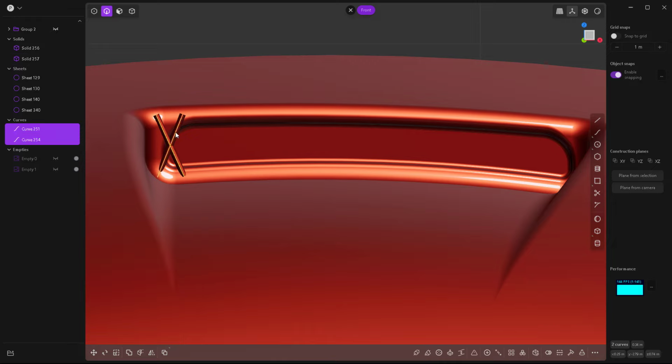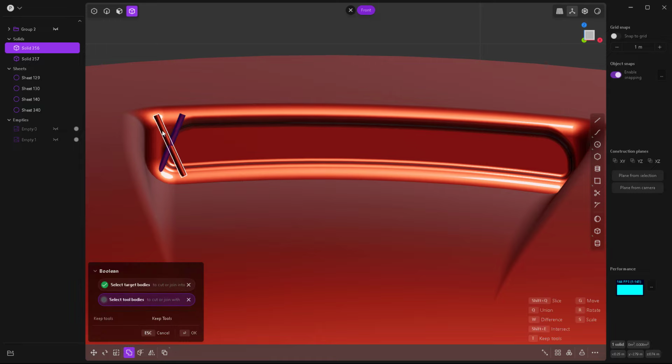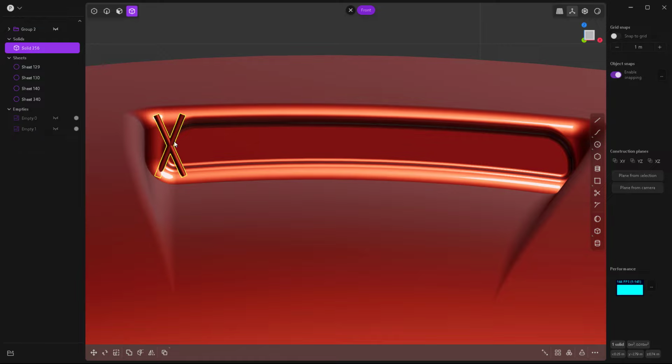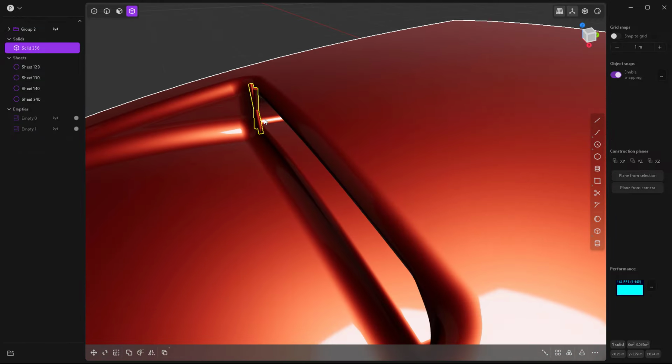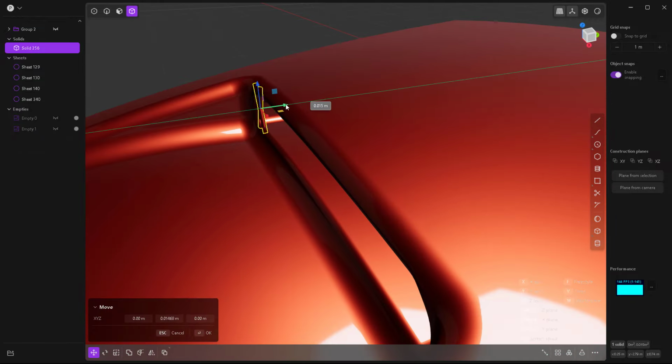You can delete the curves and then select one of them, hit Q on the keyboard, then select the other one and hit Q once again in order to join both of them. Okay, and right click to commit. Okay, just select this and pull it inside here